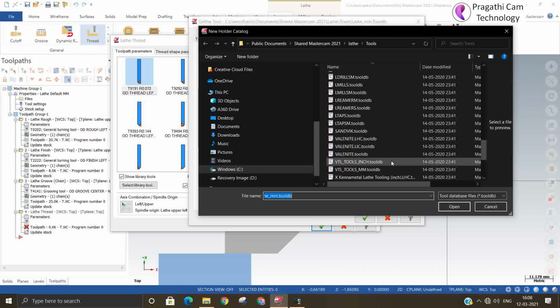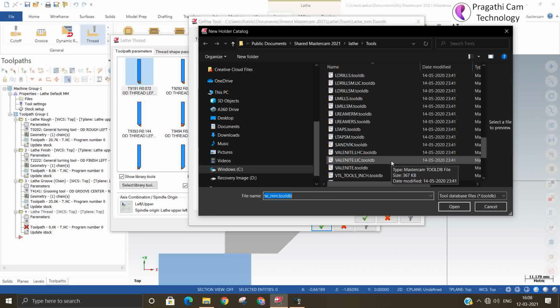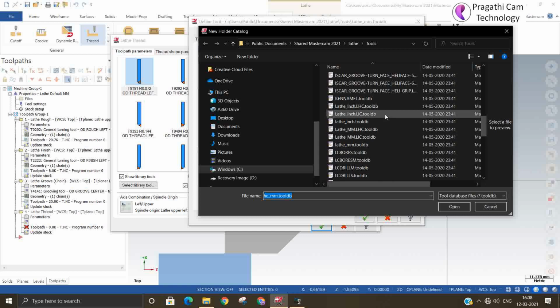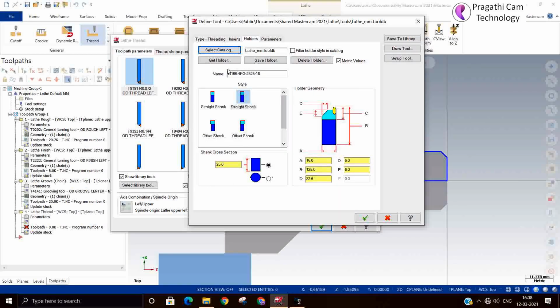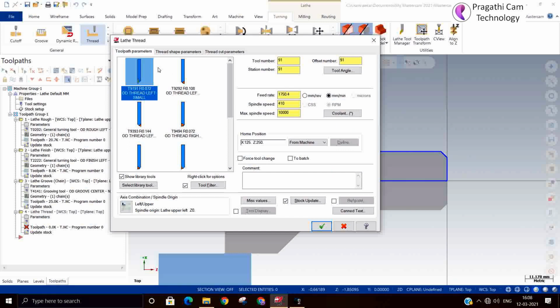So what is the tool you have with you? Based on that you can select. But I am selecting what is available in the standard tools. If you have a different type of tools with a library available, you can use it. My single point cutting tool is okay now.